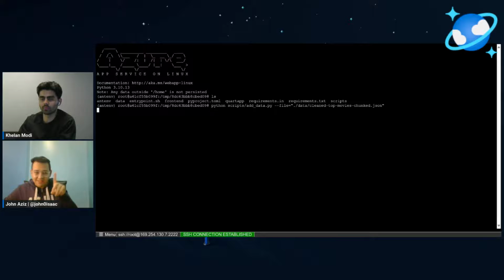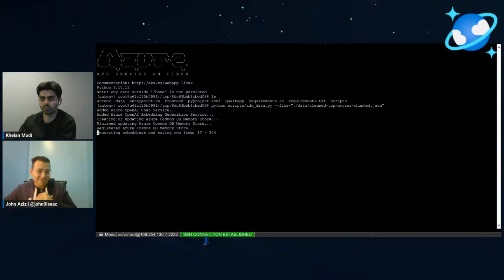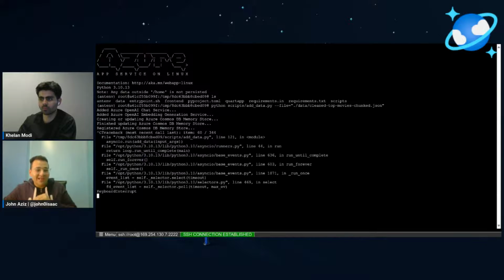and it's going to take some time because it's trying to connect to the database, open the file, and do lots of stuff. But now it's going to say generating, because this is a new database and a new website that does not have the data. It's generating the embeddings and saving them to the database on the fly. We're going to cancel this because I don't want to consume my